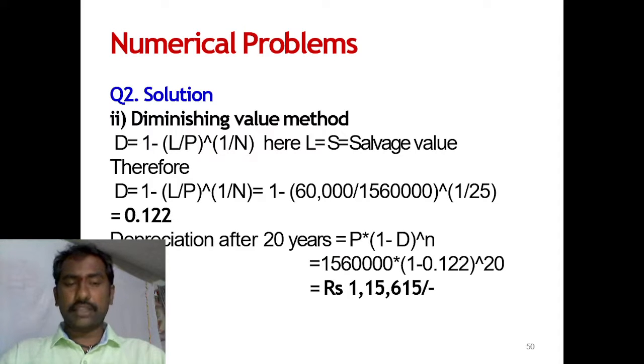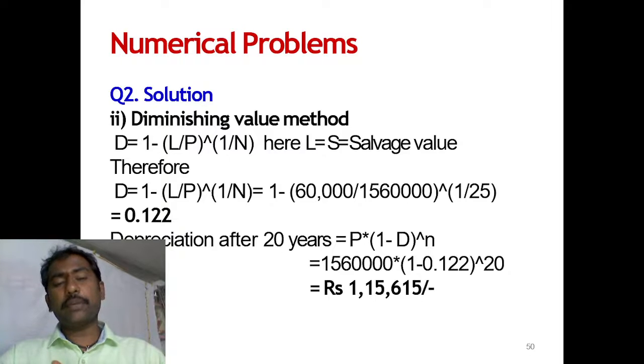And the diminishing value method. We know that D equal to 1 minus (S by P) whole to the power of 1 by n, where small n is not the capital N, this is the small n, and the small n is for the useful life of the equipment, and P is the initial investment, and S is the salvage value or scrap value. So by using the formula, the depreciation rate D equal to 1 minus (S by P) whole to the power of 1 by n. By substituting all the parameters, we get 0.122,